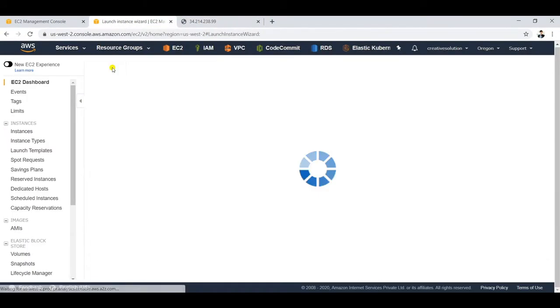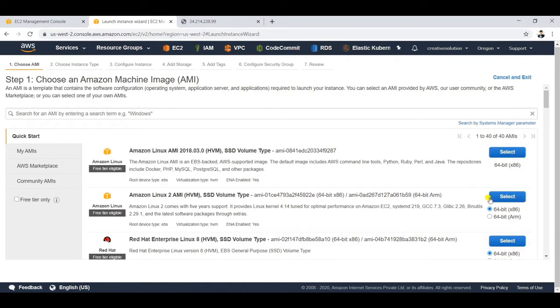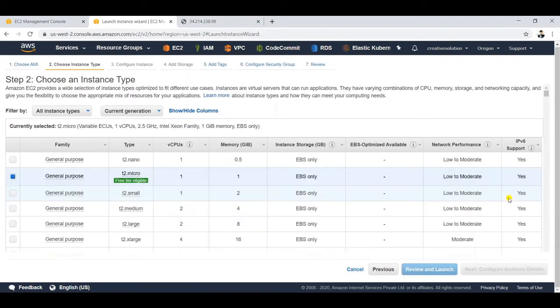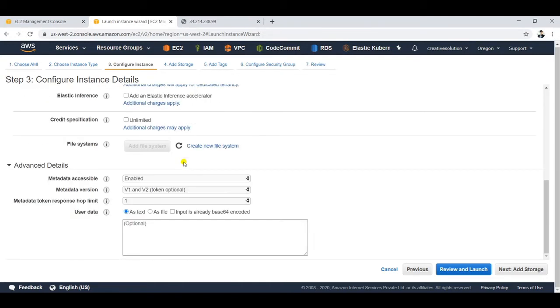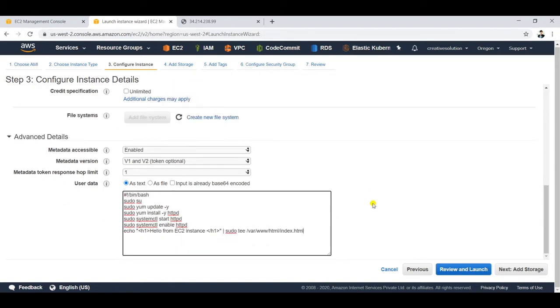Okay, moving on. First, we'll select the instance type, which is Linux 2. We'll go for T2 micro, which is free tier. In user data, you can leave this open. Always take note that auto-assign public IP is enabled, so that you are able to access the application. We will basically paste the script for installing HTTPD here. This is the script. "Hello from instance", we'll just put an exclamation mark here, unlike this one, which does not have an exclamation mark.